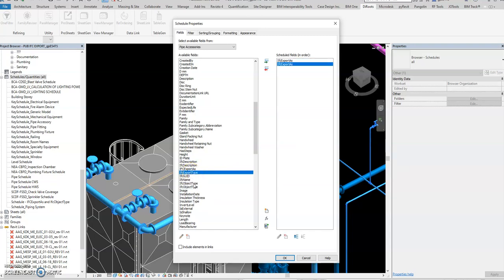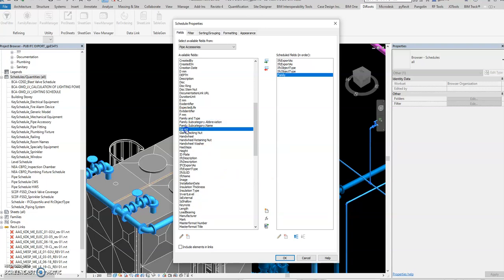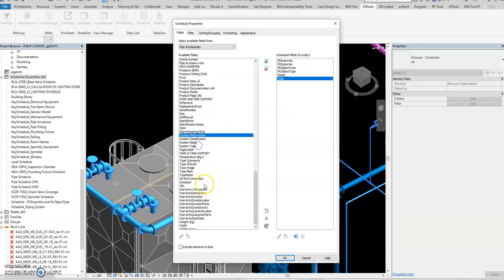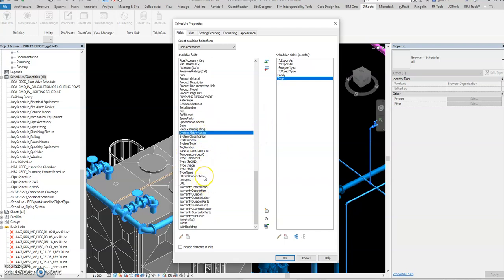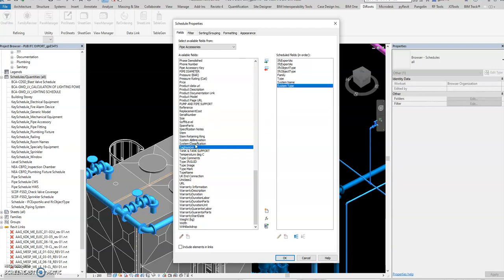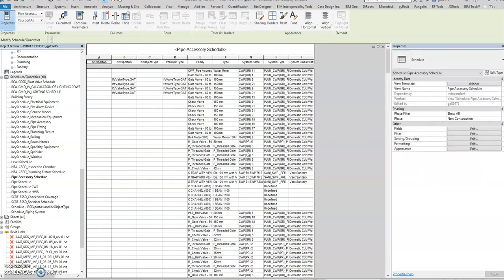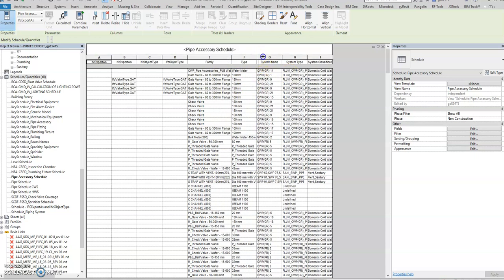IFC export as IFC object type. This is the most important, and then the family, and then the type. What else? Of course, you also check the system, piping system name, system type, maybe system classification. Okay, if you press OK here, we can check now. So this is your family, and then type